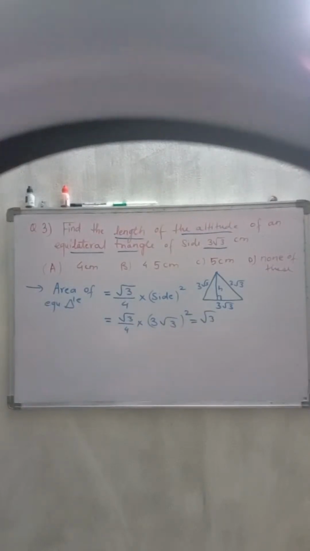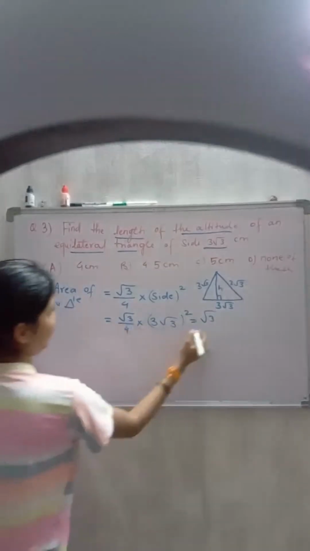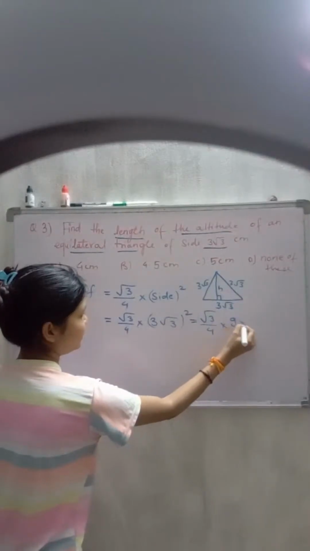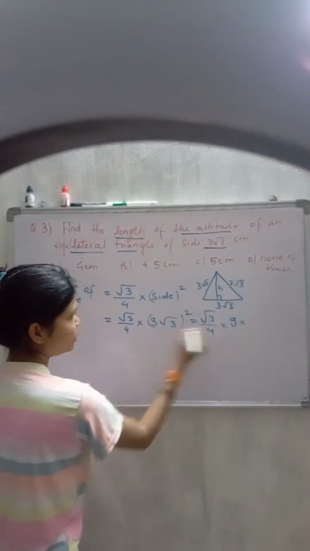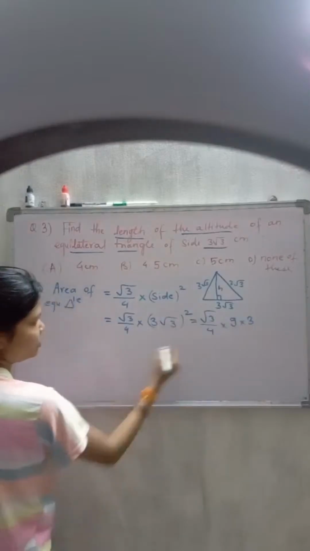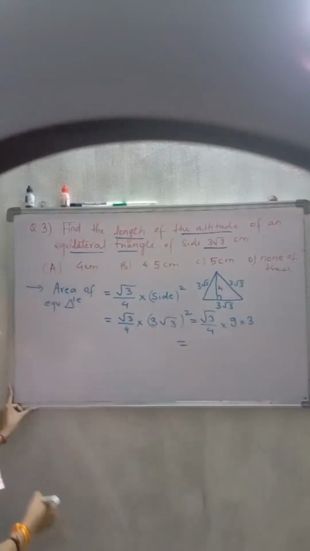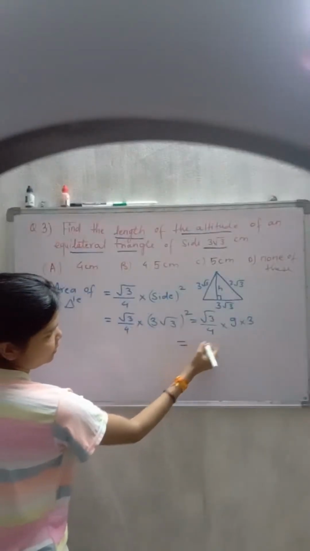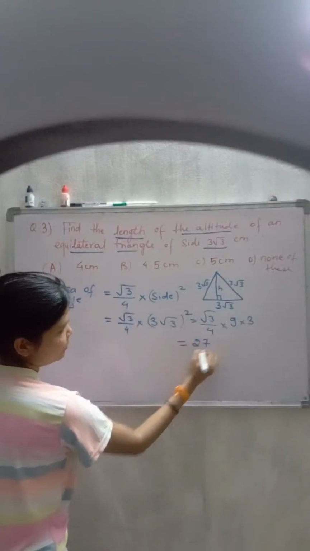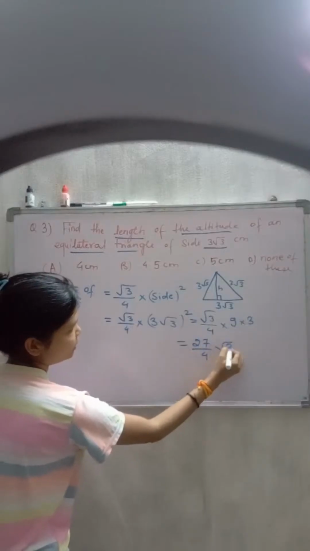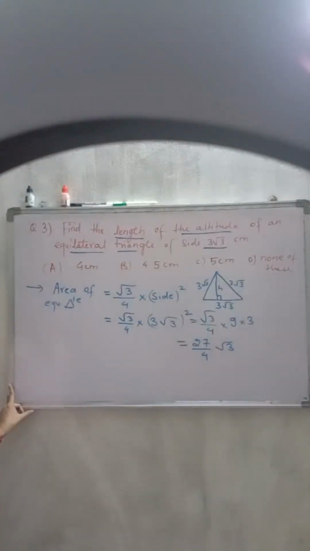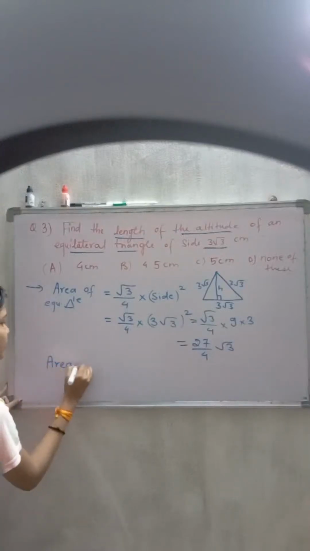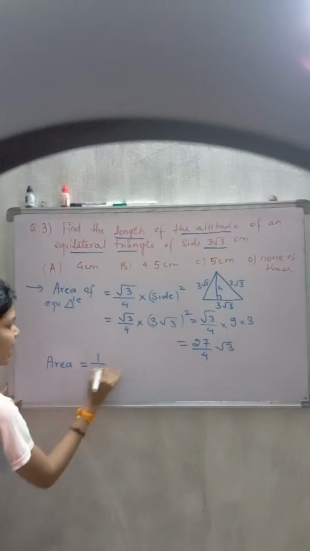So area will be equal to 3 by 4 into square of 3, 9 into root 3 square will be 3. So we get the area as 27 by 4 root 3. This is the area of the equilateral triangle, and also we know that the formula for finding area will be half